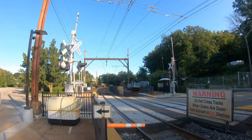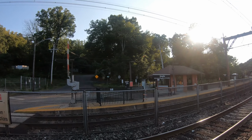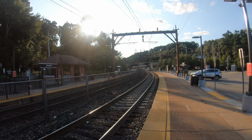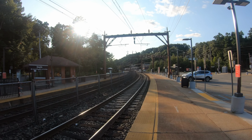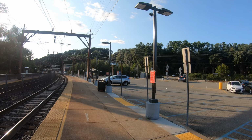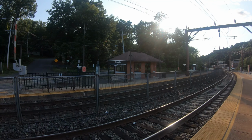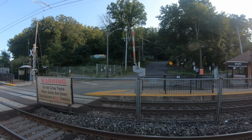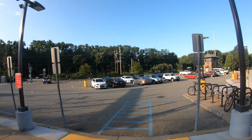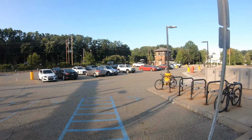And the Morristown line is electrified. It has an overhead catenary. The Montclair-Boonton line is not electrified. It's only electrified as far as Montclair State University. So this is actually a two-track line here. A little shelter. Nothing fancy, but it seems like a lot more is going on here just because it's where the two lines meet. So anyway,